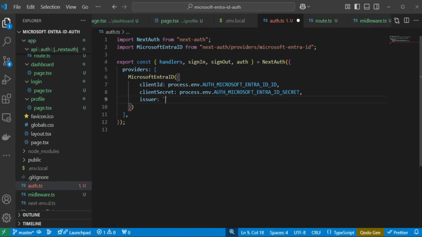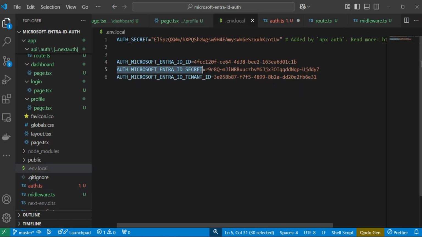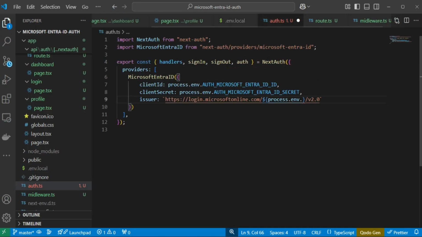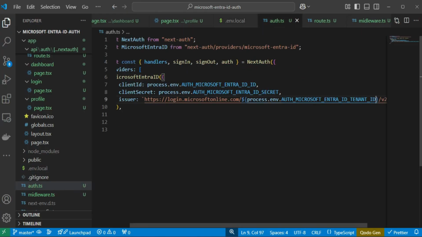So backticks, and it is going to be https://login.microsoftonline.com/ here we just need to provide our tenant ID, and after providing it we will do /v2.0. Okay, so this is going to be process.env. So let me go back here and copy the tenant ID environment variable. So paste it here,